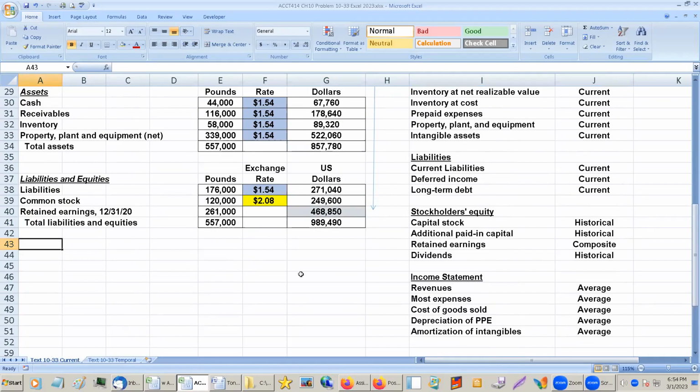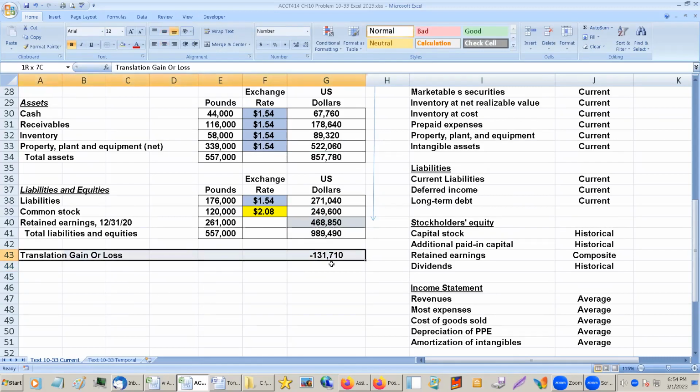Line for translation gain or loss. And so this translation gain or loss, this will